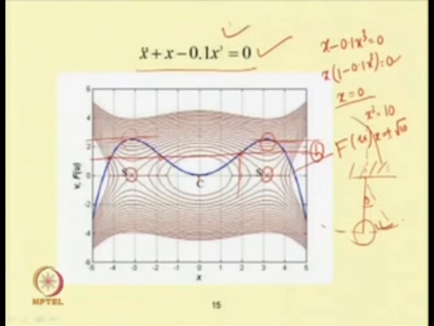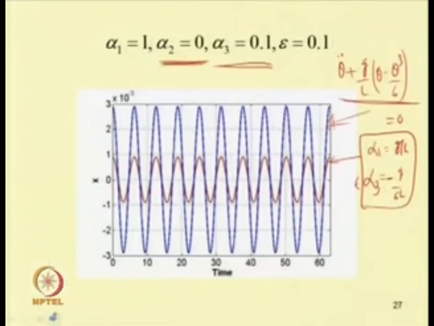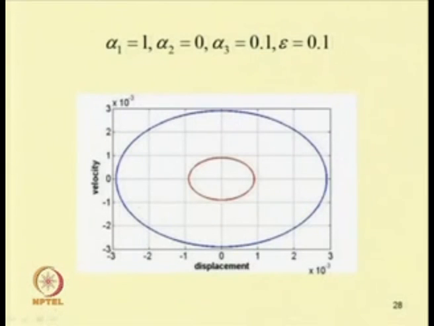This is the same example we have taken. So, here we have a periodic response near this equilibrium position, that is 0 0. So, in this way, for conservative systems, one can apply either the qualitative analysis or the quantitative analysis, by using different perturbation methods to find the response of the systems.